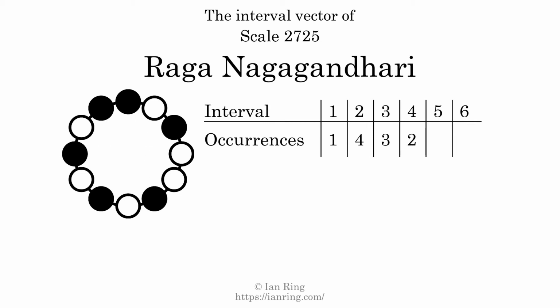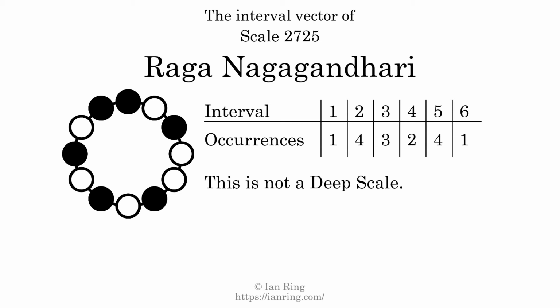There are 2 intervals with a size of 4 semitones. They are here, and here. There are 4 intervals with a size of 5 semitones. They are here, here, here, and here. There is one interval with a size of 6 semitones. It is here. Each interval does not appear in this scale a unique number of times, so this is not